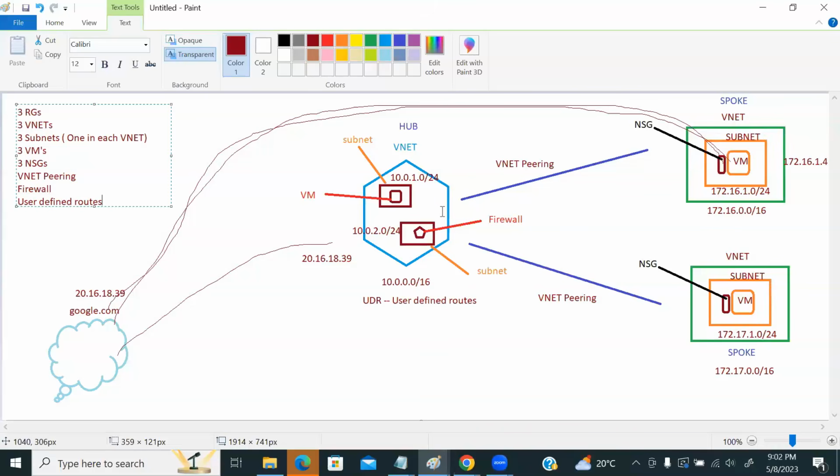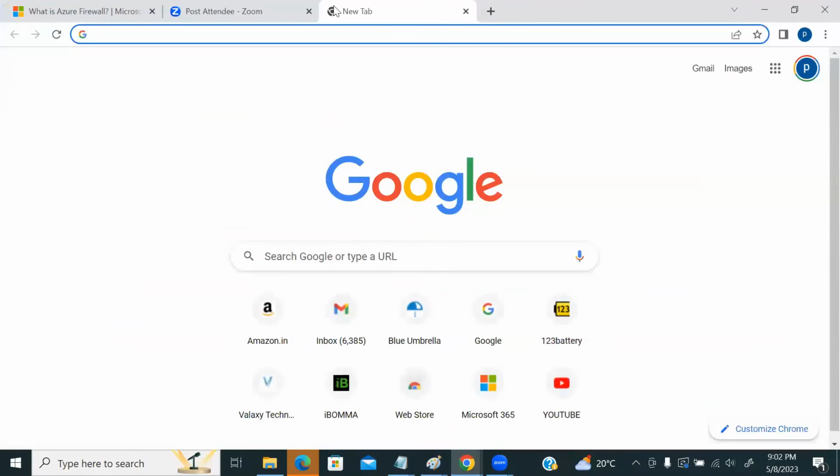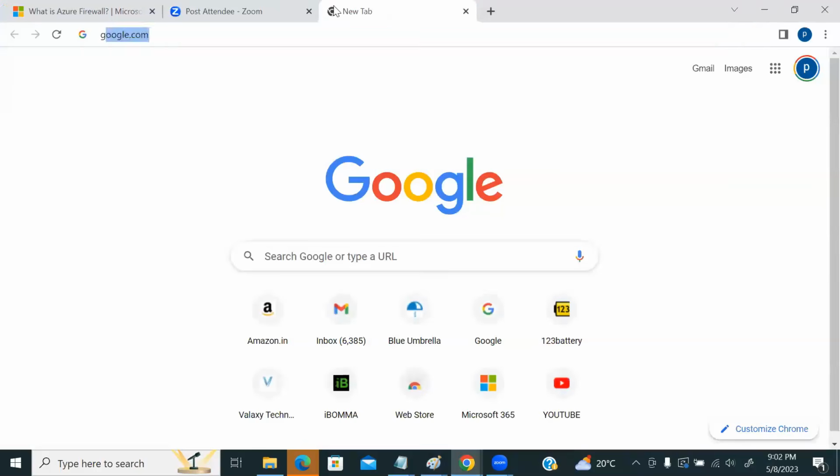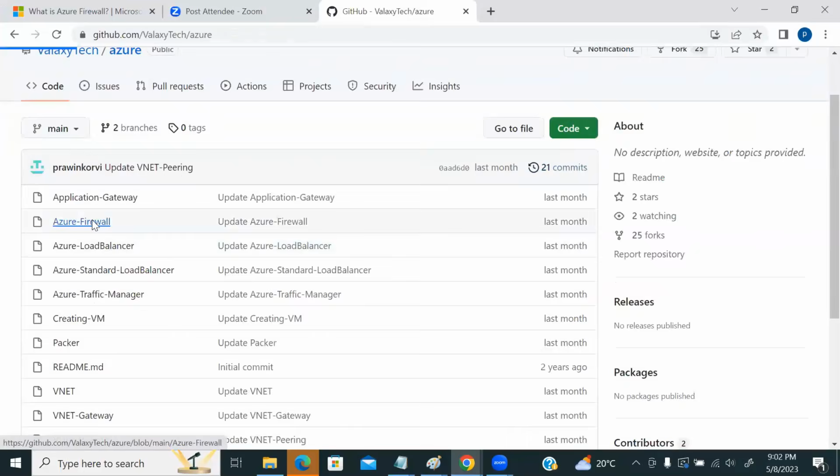So we need all this setup, and then we'll go to the practical, and I will test accessing the internet from this VM and this VM, and again we'll configure rules, then we'll block the internet, and then we'll see all these things. We'll see if possible today, or the remaining stuff will be tomorrow. So for this we have a document also, on GitHub. So Azure Firewall, if you see here,